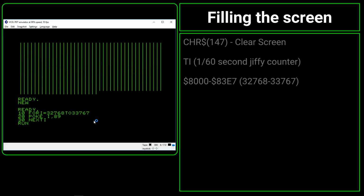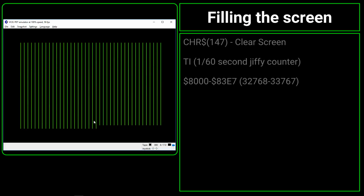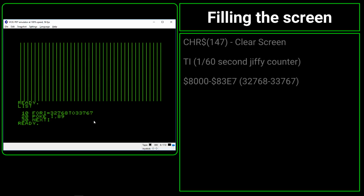And there is basic filling a screen. We ain't getting 30 frames per second out of that, are we? So now if I want to edit this, one of the problems with BASIC, that's why you go up in line numbers between 10, 20, 30 if you're an old BASIC head. If you need to put new lines in, you do 5, so I can add a new line, make it line 5, and say let